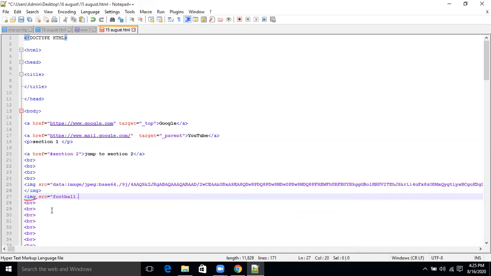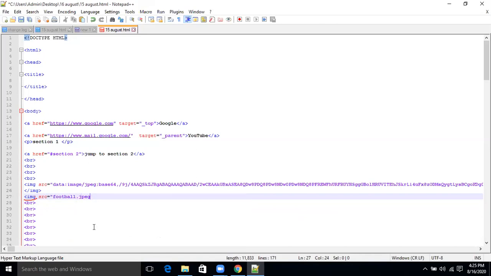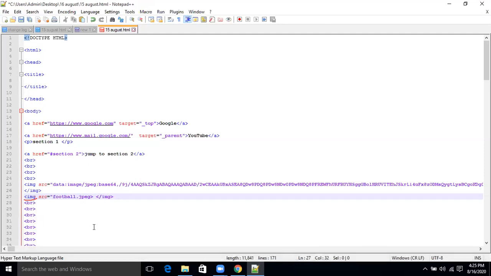Football dot jpeg, right? JPEG, not L, J. PG. Then close the tag. Then close the image tag also. Now save this one and open it.